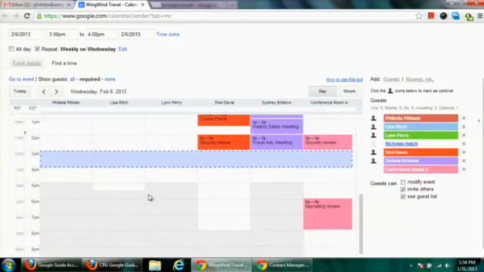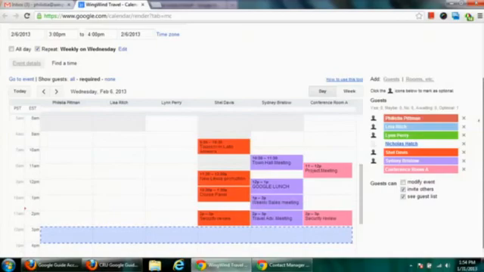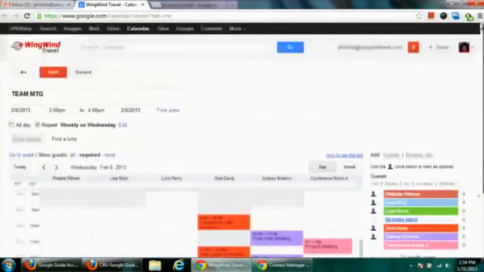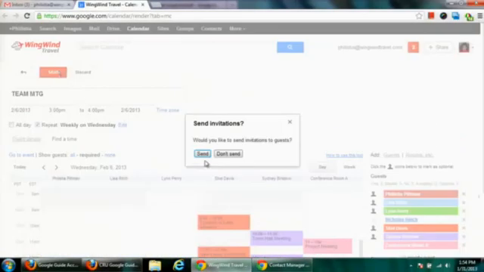So, what are the defaults? Pardon me? What's the default setting? I'm going to show you, and we're going to get to that. All right, so now what we have right here is everybody is able to attend this event. So I'm going to click on Save and Send. So I'm going to scroll up, and I'm going to click on Save, and then I'm going to click on